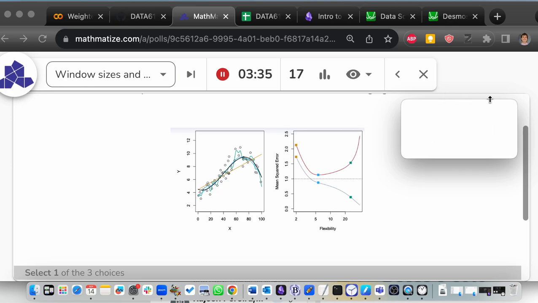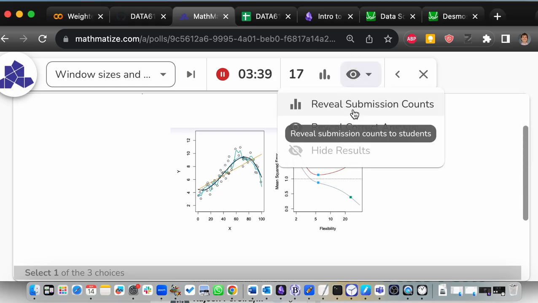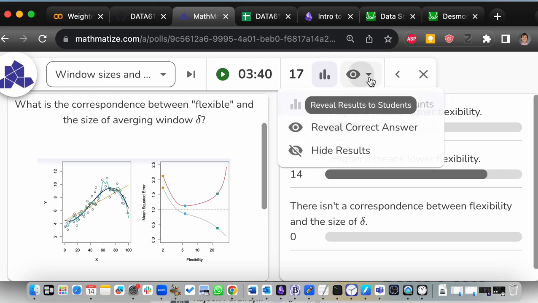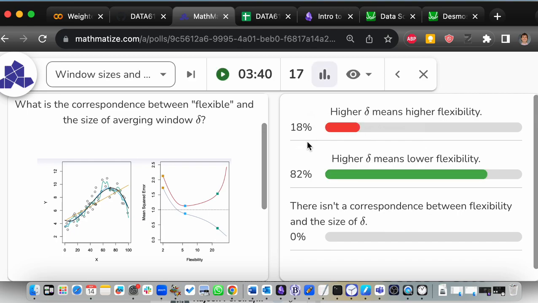Okay, let's look at what people thought. Let's reveal the counts. Higher delta means lower flexibility is the popular one by a margin of 14-3, and that is also what I think. So yes. And when you have this low flexibility,